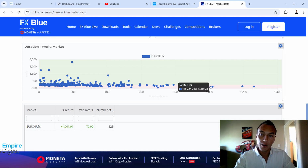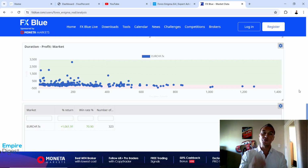49 days, 42 days, 41 days. These trades, 31 days, 31 days, 35 days. So I'm not saying it's a bad robot at all. I'm just saying it's something to pay attention to. Still looking at the cumulative returns, the percentages, it's looking absolutely phenomenal. It's just that these things take money out of your profit. You actually want...